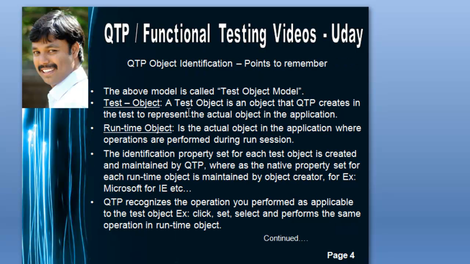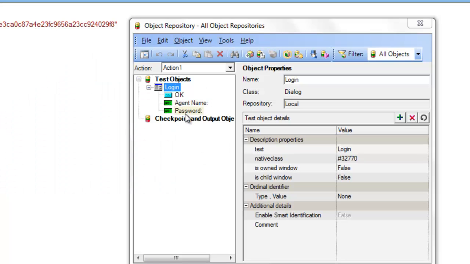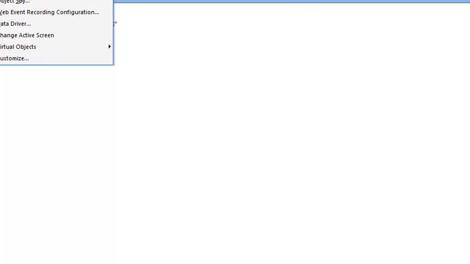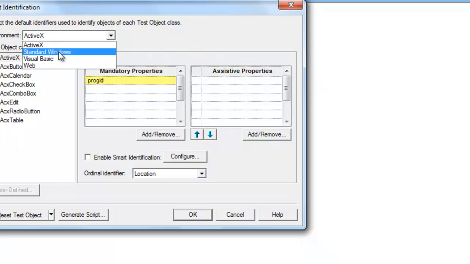That's a general thing. So the whole process which I explained so far is called the test object model. Test object is nothing but the object that is getting stored, that is what QTP creates, and the runtime object is the actual object that is displayed in the application. The identification property set for each test object is created and maintained by QTP. So the object configuration, or the properties that are displayed in object identification, is maintained by QTP,